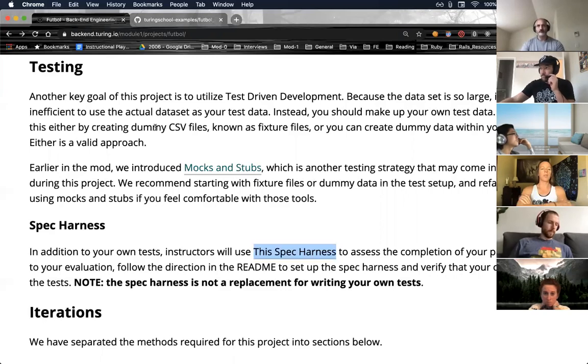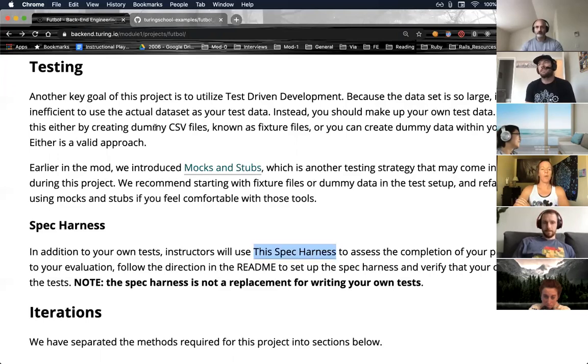Hey, Tim. Hey. In reading the way that is written, it says prior to your evaluation. So this is kind of a double question. Would you think it would behoove us to set that Spec Harness up from the get-go, so that we can work through any bumps that may come up, versus waiting to install it prior to our evaluation?